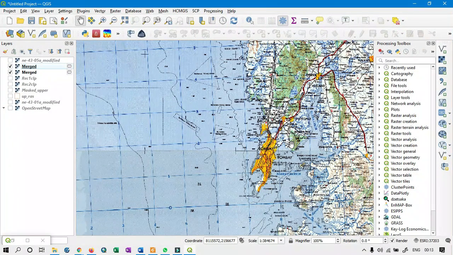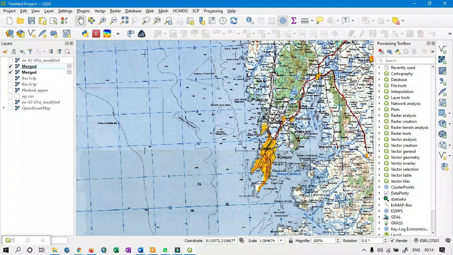In this way you can georectify any kind of scanned image and merge those images with each other. But we have to choose how we want to merge those images, depending upon the necessary information present in the map itself.